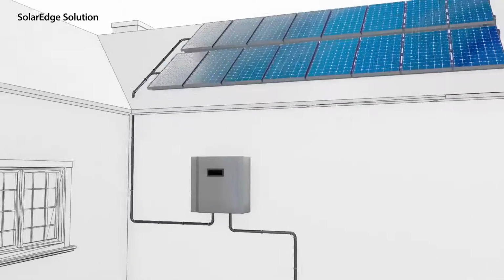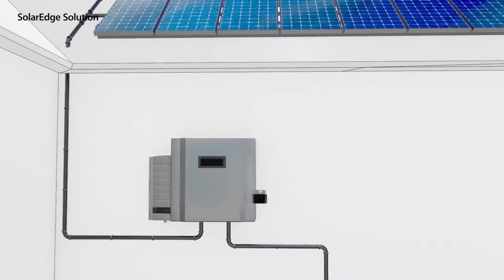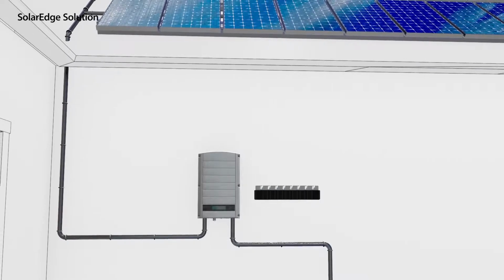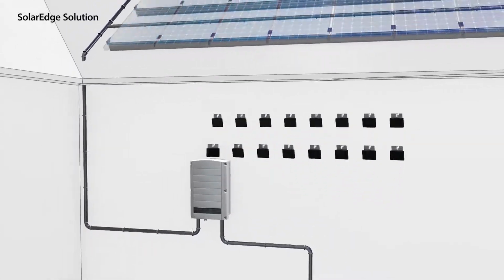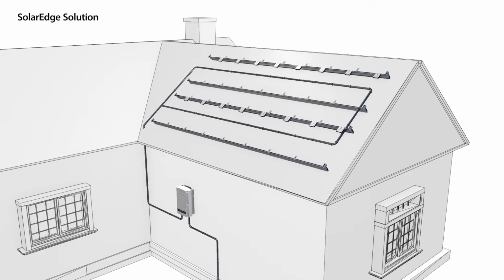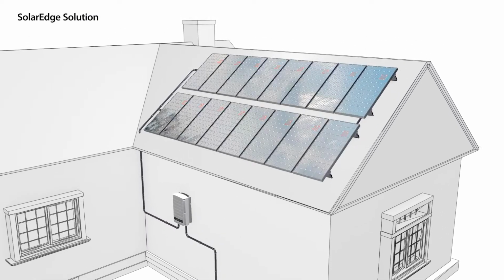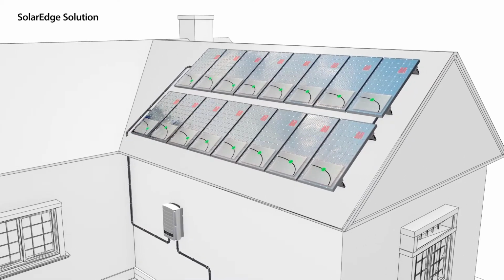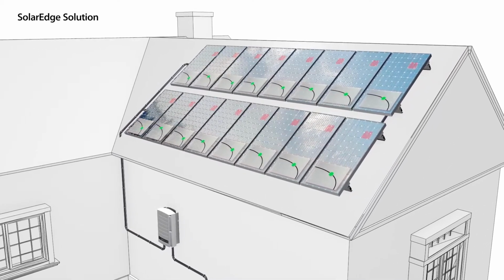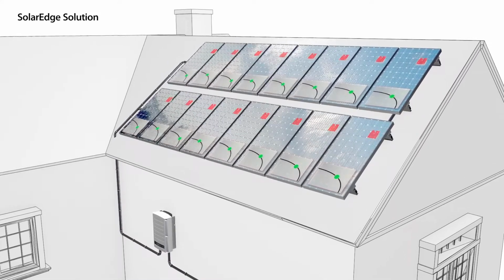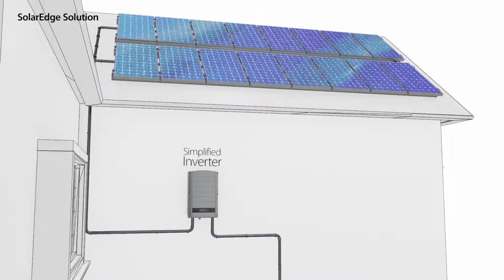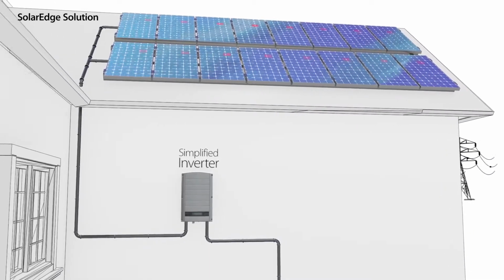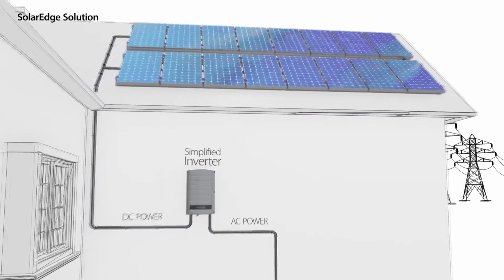Our solution splits the traditional inverter functionality into 2 products: the power optimizer and a simplified inverter. The power optimizers are located on each panel, turning the panels into intelligent panels. These power optimizers provide panel-level tracking and real-time adjustments of current and voltage to the optimal working point of each individual panel. The simplified inverter is installed similarly to a traditional inverter, but it is only responsible for DC-AC inversion and grid